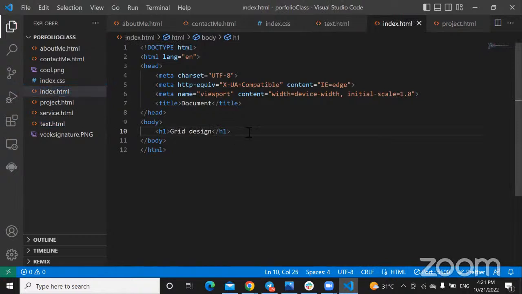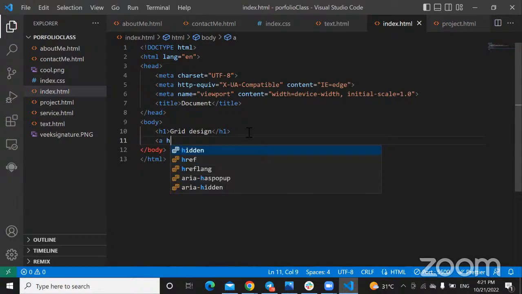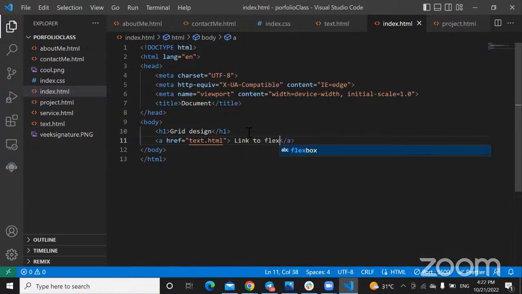Normally, when you run the index.html in your Replit, it's going to open the grid design. So you can just add a button there, right? You can just add an anchor tag there, an anchor tag of the flex design HTML document. And just put link to flex design. If I come here now and run this,